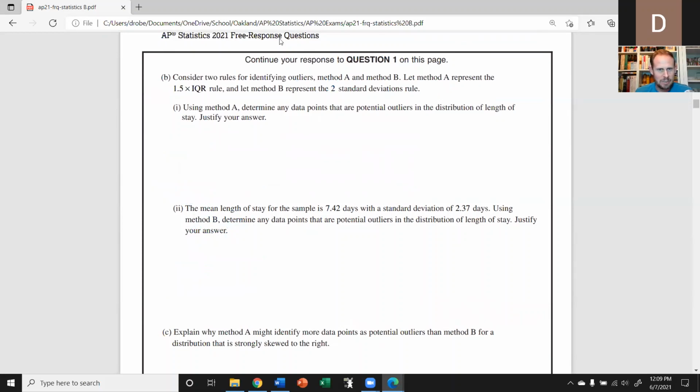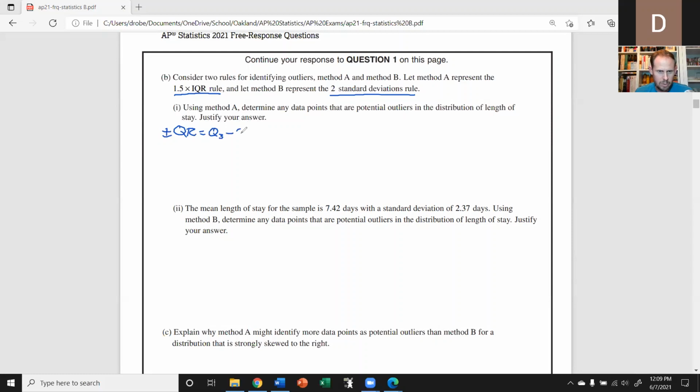All right, so the next part here. Consider 2 rules for identifying outliers, method A and method B. Let method A represent the 1.5 IQR rule, and let method B represent the 2 standard deviations rule. Using method A, determine any data points that are potential outliers in the distribution for the length of stay. Justify your answer. All right, so the 1.5 IQR rule means that we need to find the IQR,